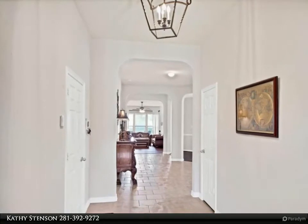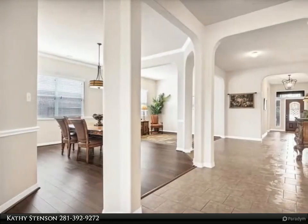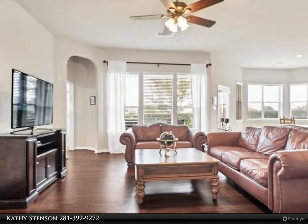Beautiful, meticulously maintained Newmark single-story home with brick on all 4 sides. This home is located on a ravine, offering spectacular views throughout the home. Beautiful stone front elevation, impressive tiled entry, spacious and open floor plan with formal living and dining room, study, playroom,